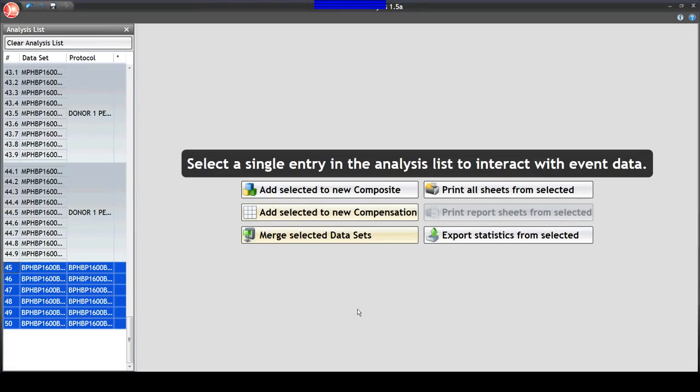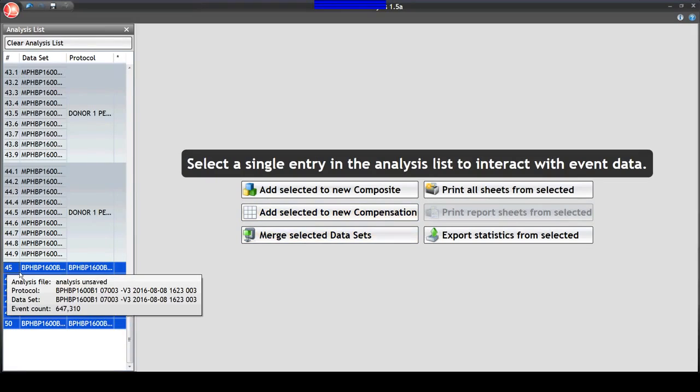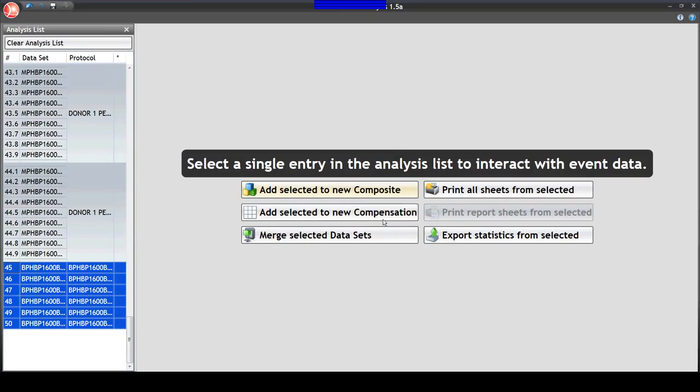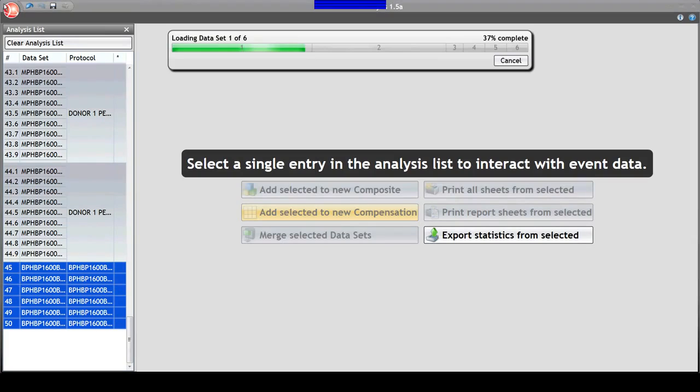Right, so as the software opens that, it will present a window that says, what do you want to do with all of these tubes? I can click on a single tube and analyze it individually, or I can do some other actions. So today's action is add selected to a new compensation. All right, and if I would choose that,